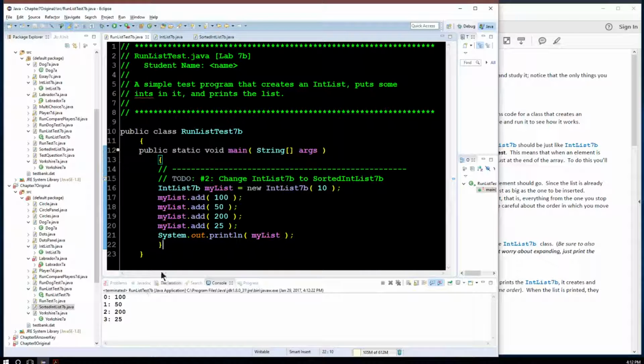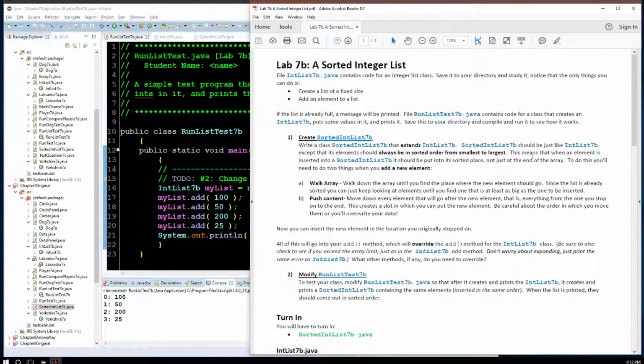So we run it, and what it prints out is the list in order. We added in 100 first, then 50, then 200, then 25, and it prints it out in that order: 100, 50, 200, 25. Well, our goal today is to create a child class that inherits from the int list class, but it